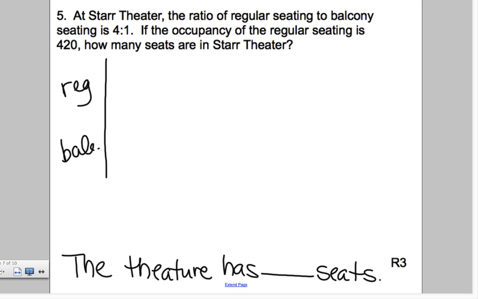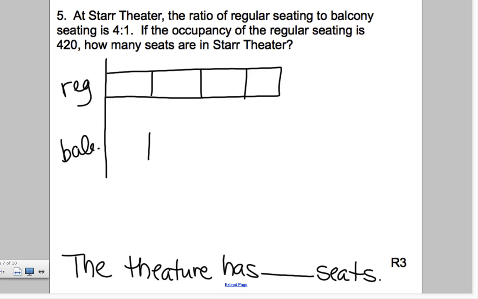What about the balcony here? What do we know? Regular to balcony, what's the ratio? 4 to 1? Mm-hmm. All right, so remember I told you yesterday, which one do I ask you to draw first? The larger or smaller? Larger one first, and then for the larger picture, we can shrink, remember we use that to line up for the smaller one. So I'm going to draw my 4 here. And remember, even numbers, you do halfy, half, half. And then obviously 1, remember, take your ID over to the first block, bring it down, draw your little mark with your straight edge.